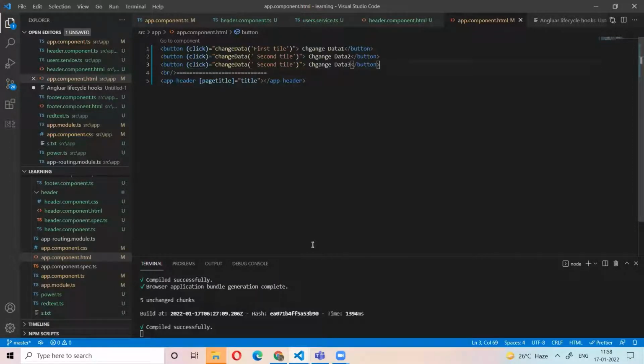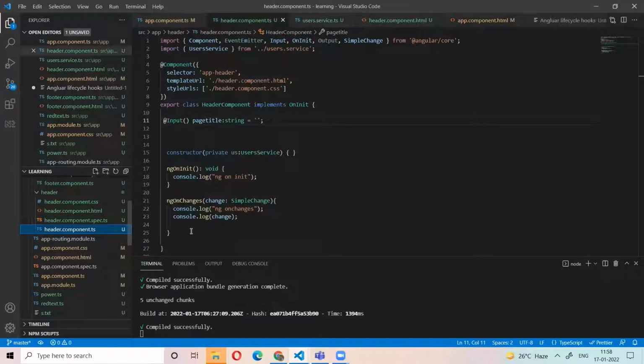But at that time, even if the data has not changed, I may want to log how many times the user clicked the button. That is not related to the data changing. So even if the data is not changing, I want to do something at that time. That's why I use ngDoCheck.